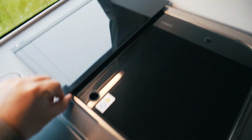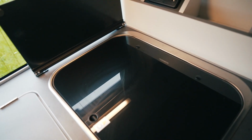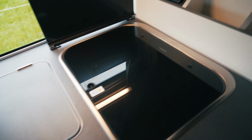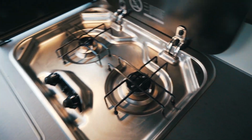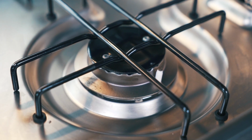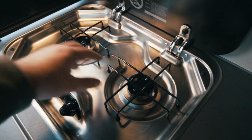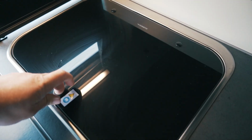You have a cooker which has a protector which just protects the window whilst you are cooking, stops any splattering against that window. It also protects those curtains as well, so that's a nice touch. It's a Dometic 2-burner hob. You've got ignition and obviously the 2 controls for the hobs themselves. One is slightly bigger than the other, but yeah, they're both a good size,